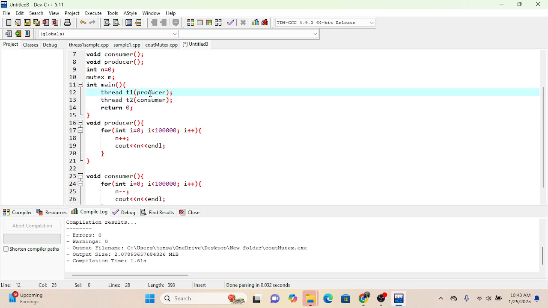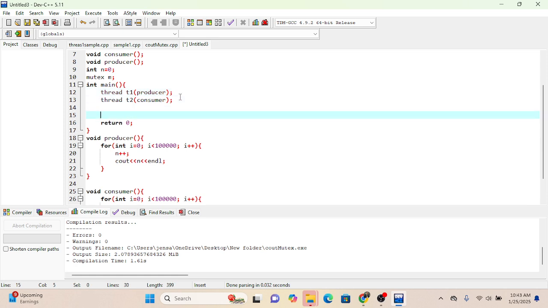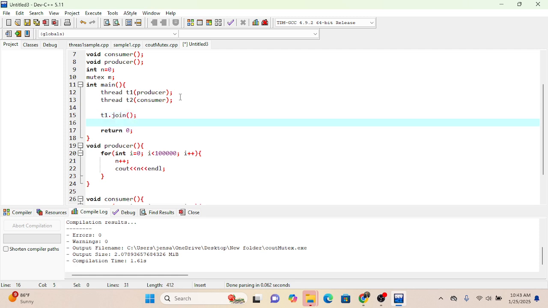So for example, guys, T1.join and T2.join. If that happens, the value of our n should be 0,